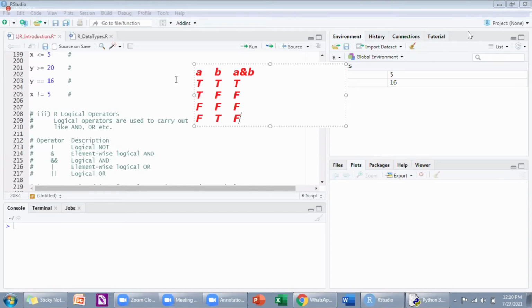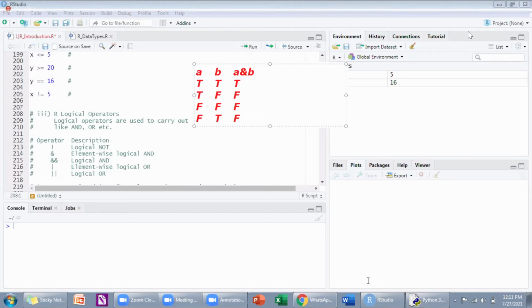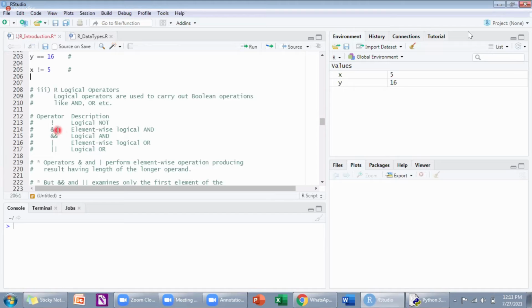For OR, if any one is true, it will result in true. For NOT, true is false, false is true. Remember this? Because in the last class, a few of your friends forgot. Now we'll see what the difference is. Here we have single AND and double AND, single OR and double OR.